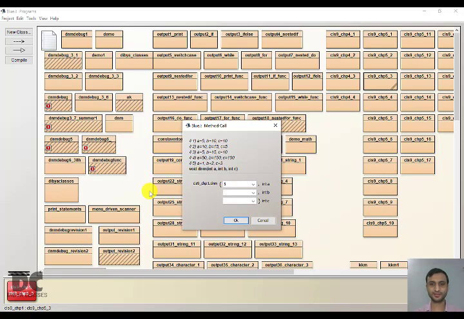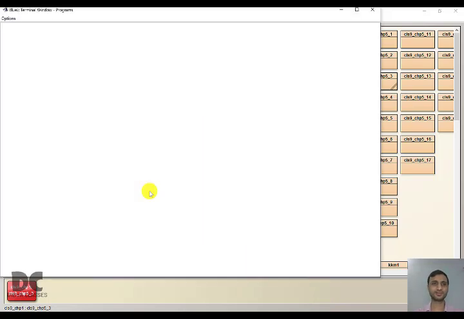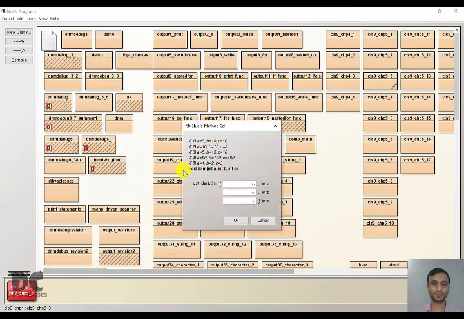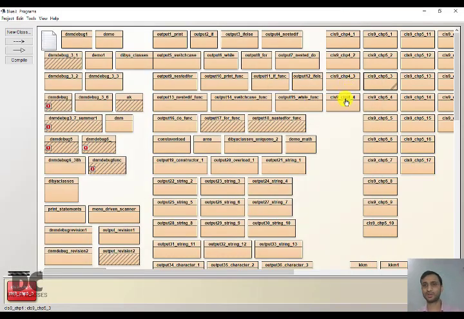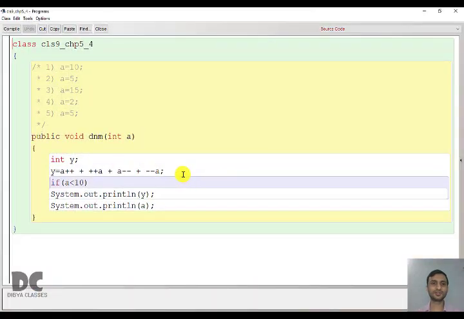Let us take one value to check. See, nothing is getting printed, so you can write no output. Let us take the last one, 1 2 3. See, nothing is getting printed, so again it is no output. Let us move to next question. So in the next question I have given you an increment decrement calculation. So let us take the first value a equal to 10 and solve it.